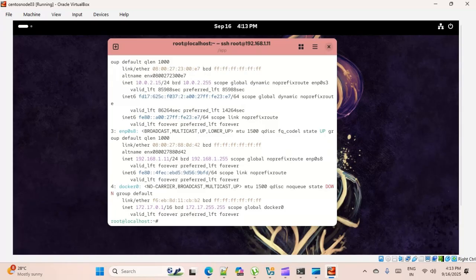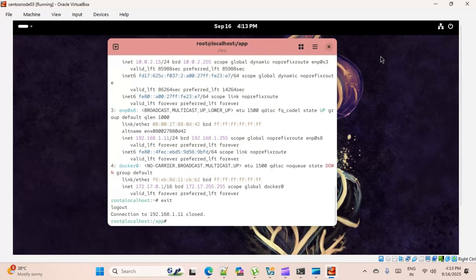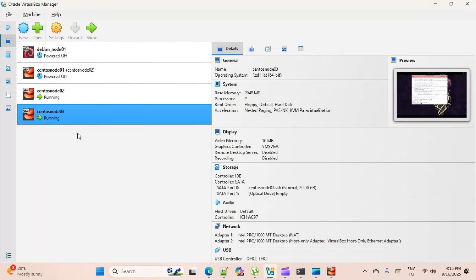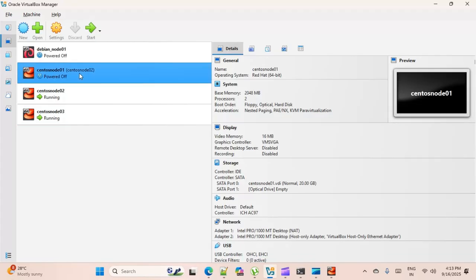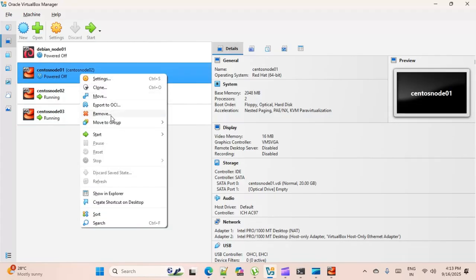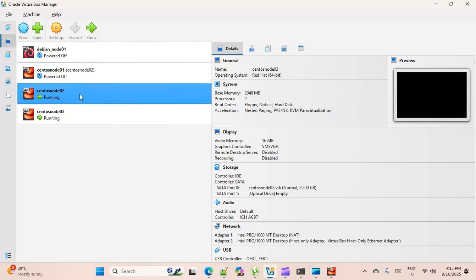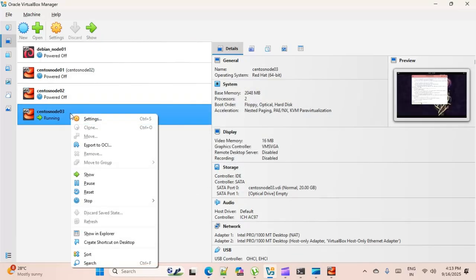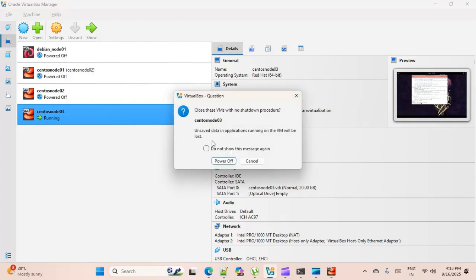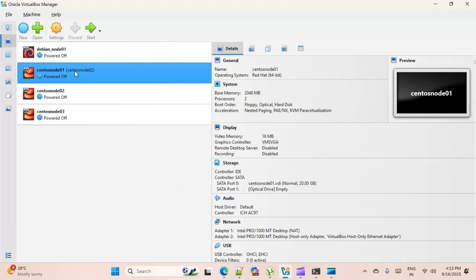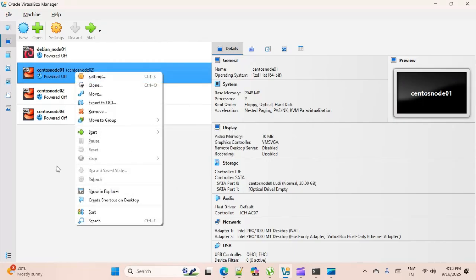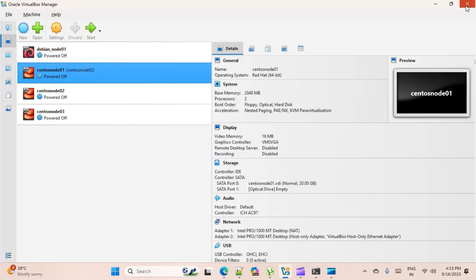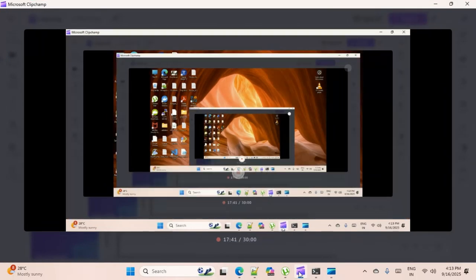See, we are here. So this is how we have to configure our servers for CentOS. Okay, let's close this one, power off this one. So I hope you got it, what we are trying to do here. It's already powered off. Let's close this machine. Okay, that's it. Thank you all for